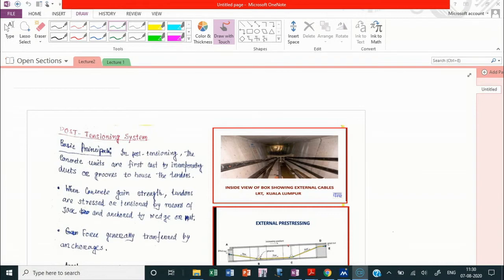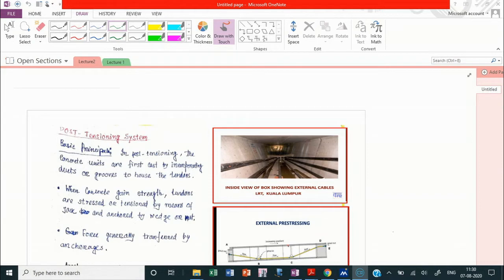That means we do the casting of concrete first. We have done the casting of concrete in the structure, in the molds. Then what we have to do at the time of casting, we have to ensure the placing of ducts so that, after the casting process has been completed